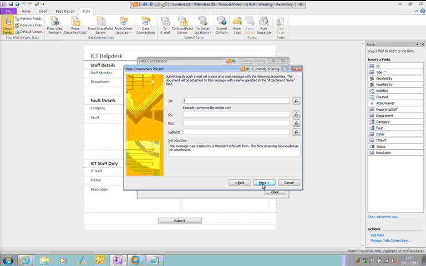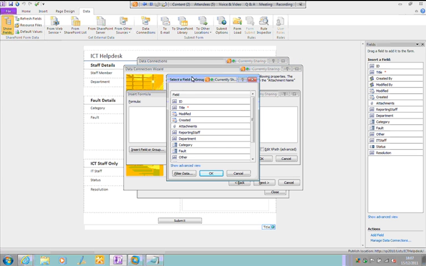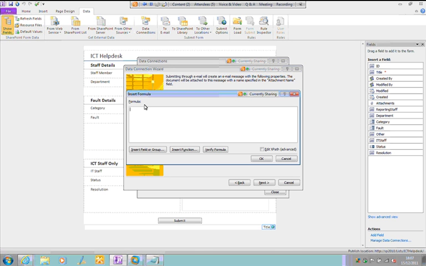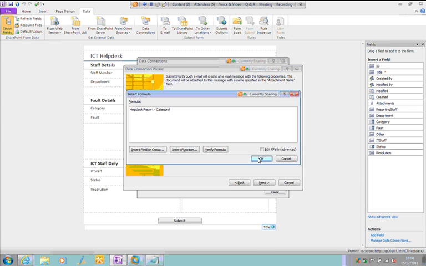So if you're doing a very, very simple form which is only going to get emailed to somebody once, then you can use this. You can actually type in an email address into this form field, or you can use the form fields that were actually created earlier. So for instance, we could set the reporting staff field and that would bring it in automatically. The subject, we can do something, so we could basically say, well, it's a help desk report, and then we can add a function in there, so we can add a category in there and it will pull that out automatically,